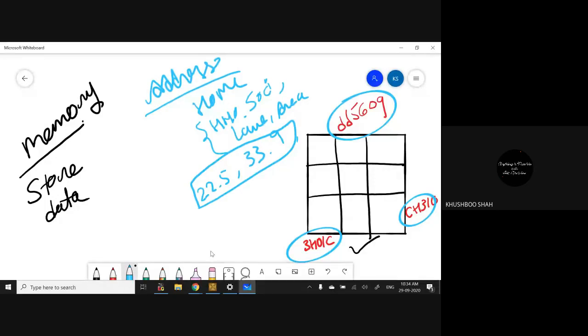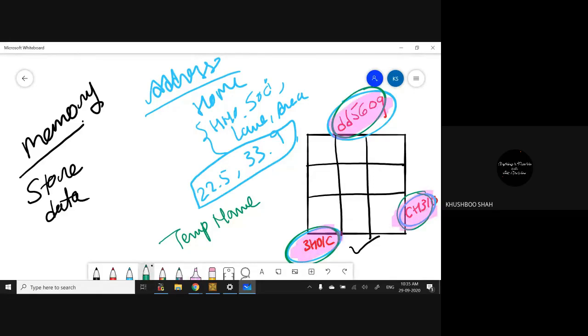The concept is the same, because I cannot remember all these addresses of the memory. I give a temporary name to this location. So first I'll give some name to this location, then this location and this location. Okay, let's give some names.